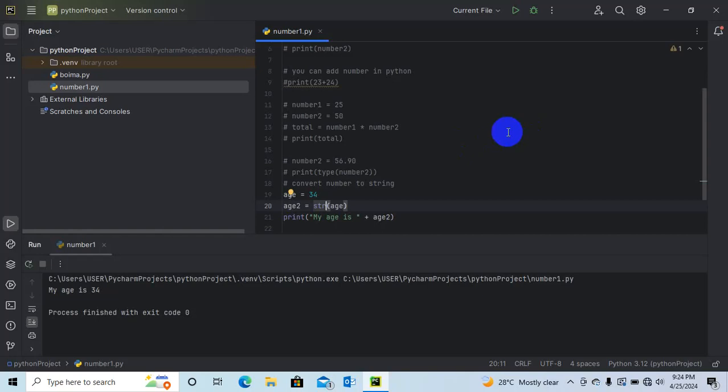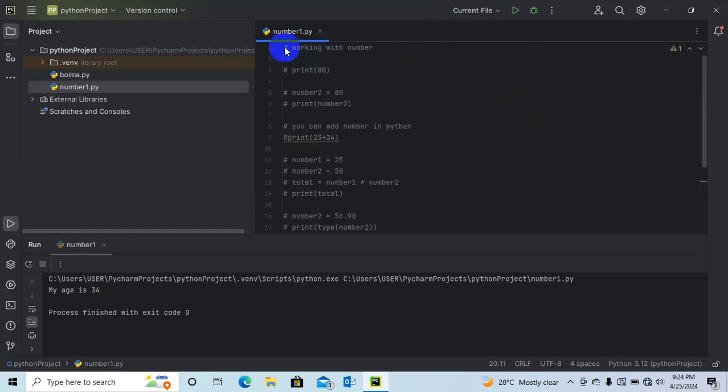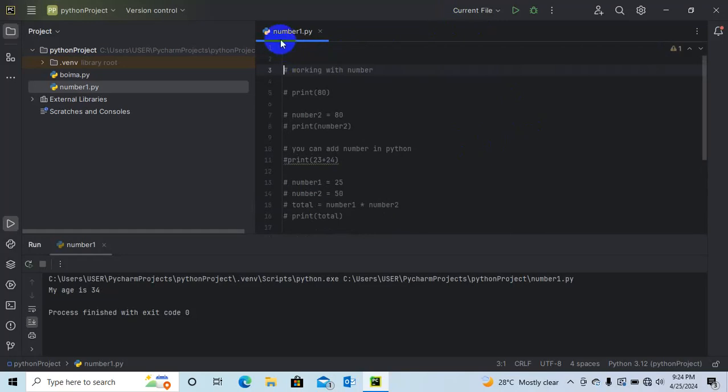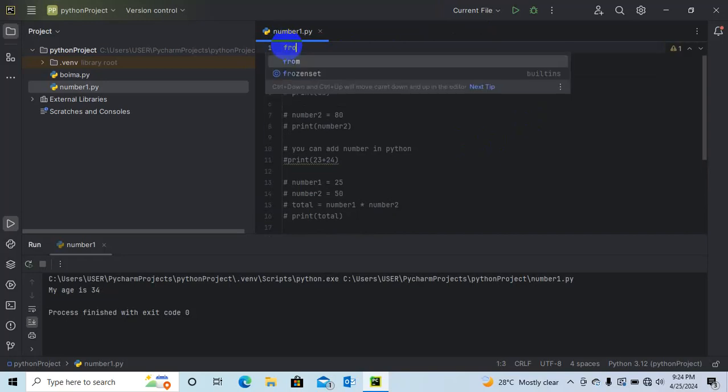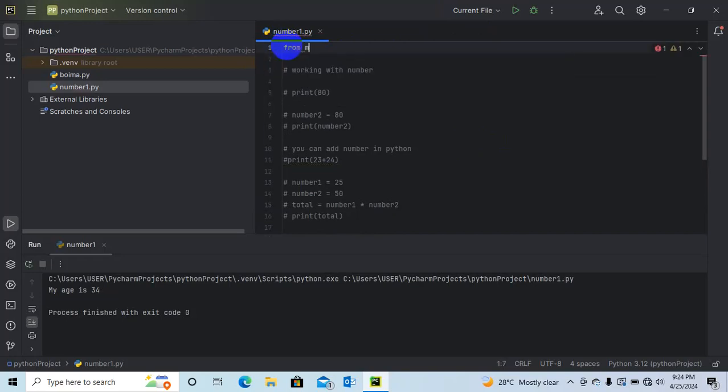To import it, you can come here at the top and say from math import, and import as star sign.